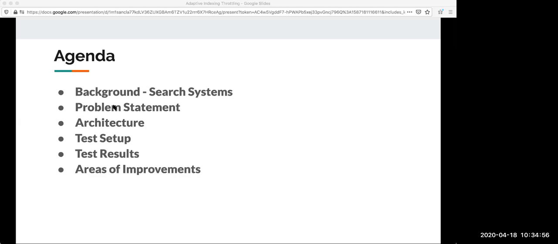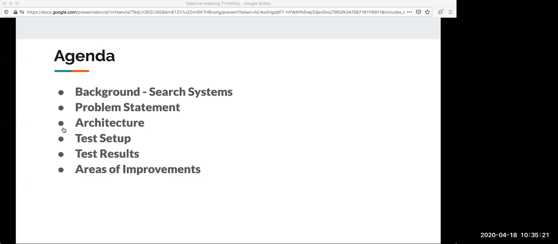A typical search system is like, suppose you go to Myntra and you type Nike men blue shoes, and then Nike men blue shoes products show up, or styles show up. So Nike men blue shoes is the user query, which is the input, and the output is the relevant products or relevant documents, relevant styles, whatever you call them. That is the input and output for a search system.